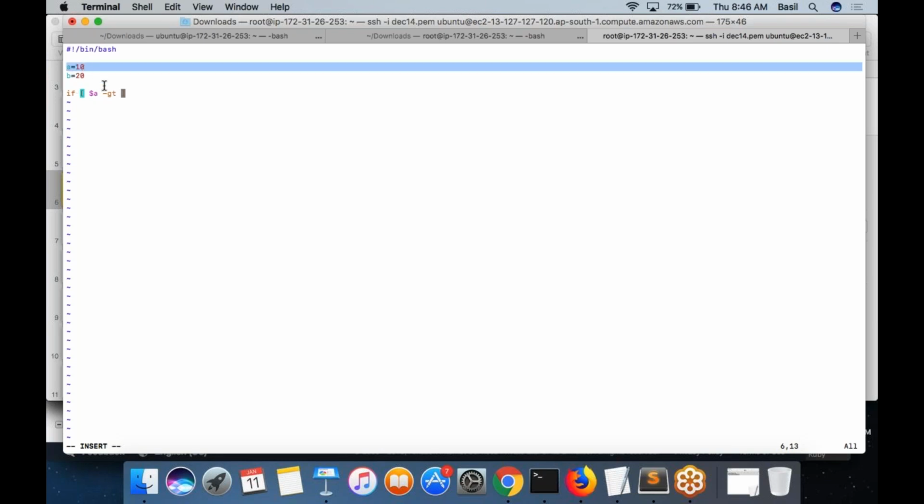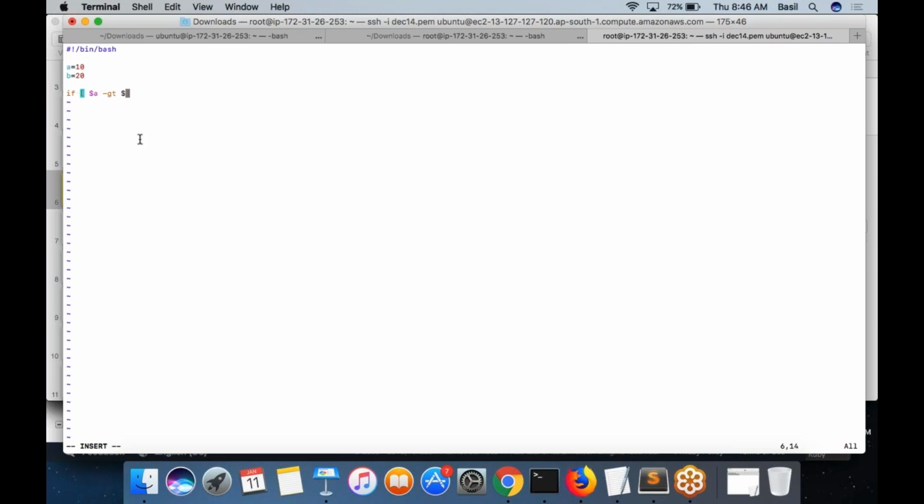So I'm going to create a new script, if.sh. Let's say a is equal to 10, b is equal to 20, two values. I'm putting an if condition to check if a is greater than b. If a is greater than b, then I want to print a message saying that a is the biggest. Otherwise, I want to print b is the biggest. $a, LT means less than, GT means greater than. So I want to check a is greater than 20. Actually, it is false. A is not greater than 20. So I'm still running my program like this.